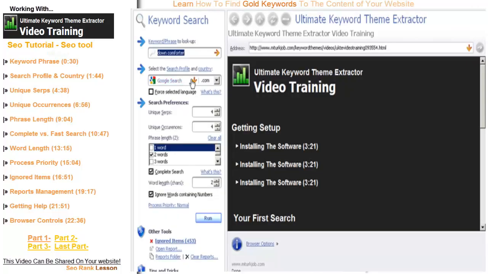The search profile and country selectors allow you to pick the exact search engine that you'd like to do your search on within the Ultimate Keyword Theme Extractor. And all you need to do here is click the down arrow, and you can select Google, Bing, Yahoo, AOL, Ask, and AltaVista. Generally speaking, all of these search engines comprise about 99% of all searches done